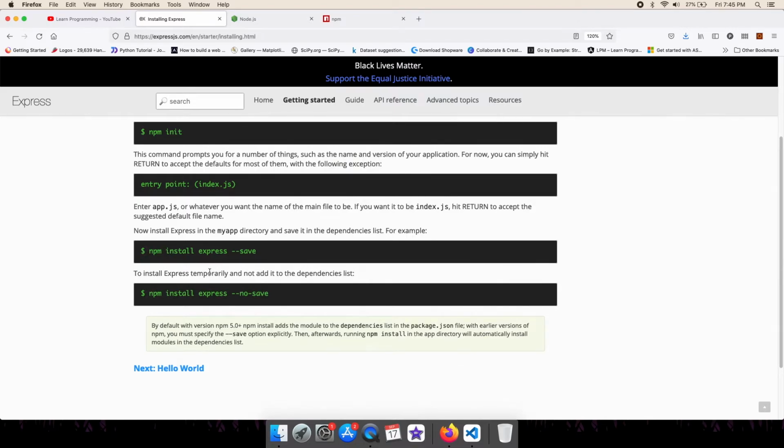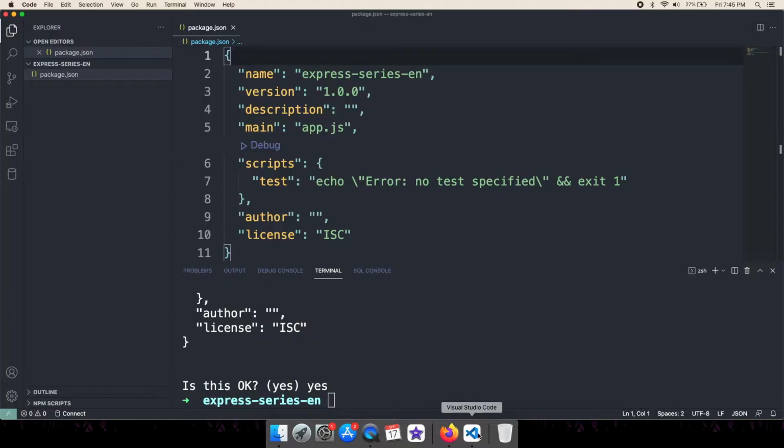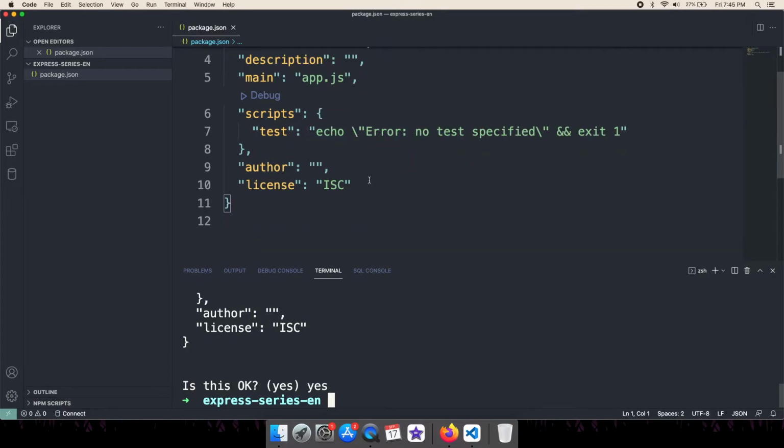When you issue this command, make sure you put the --save option, so that it will add an entry to the package.json.